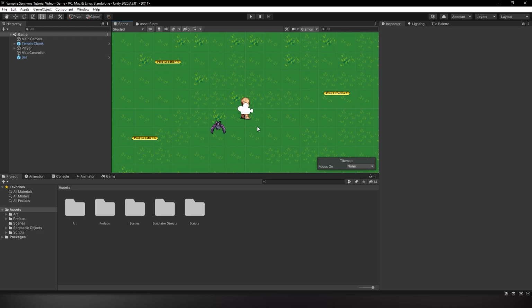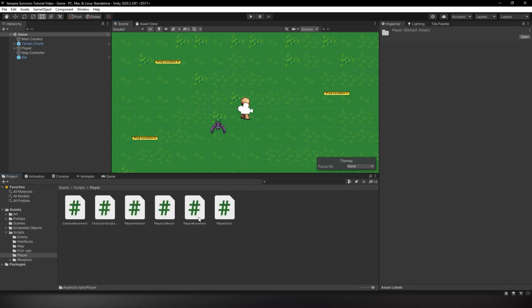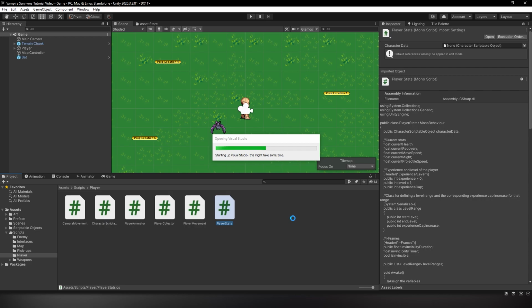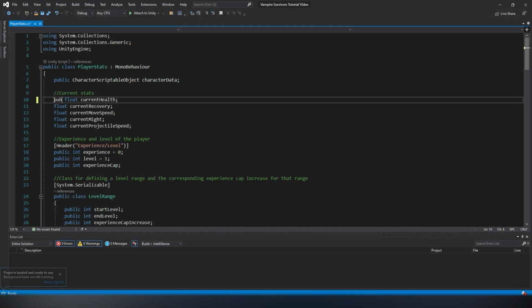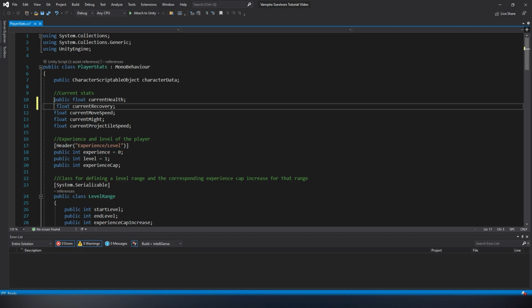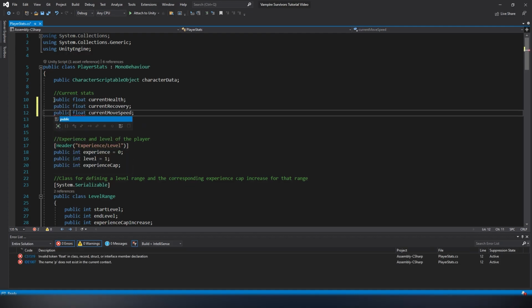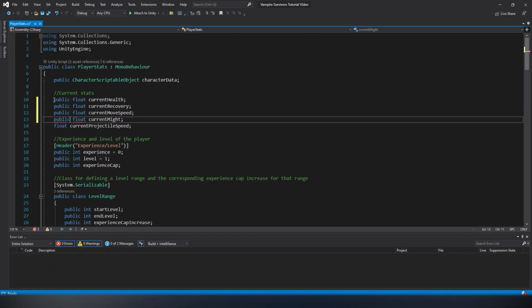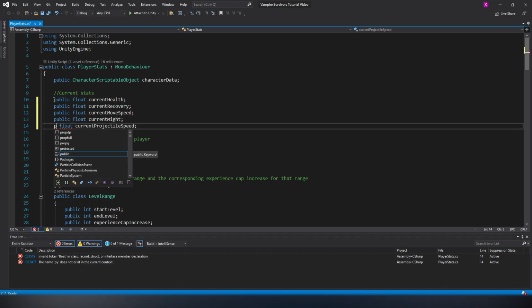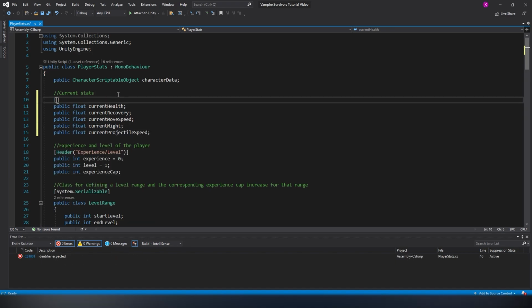Now to accomplish this, we first need to lower the protection level of the relevant variables by going into the player stat script and making the variables public. Additionally, we can also give them all a hide in inspector attribute to hide them in the inspector.